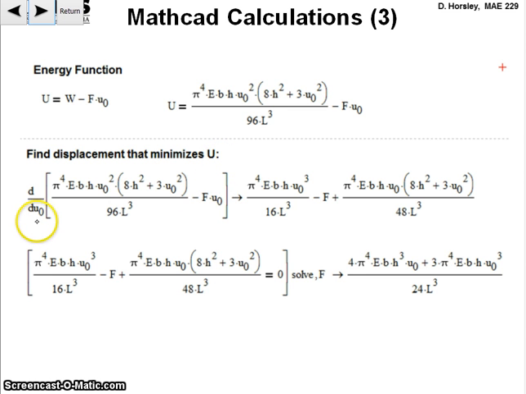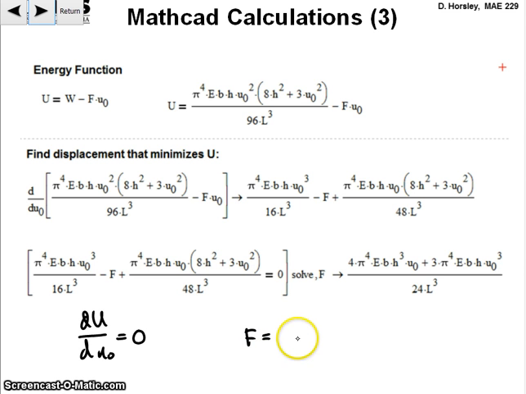So I evaluate the derivative of big U with respect to u naught, and I get this mess. I set that equal to 0. What I'm saying here is that dU by du naught is equal to 0, and we solve this for F. So setting the derivative of U with respect to u naught equal to 0, we get F